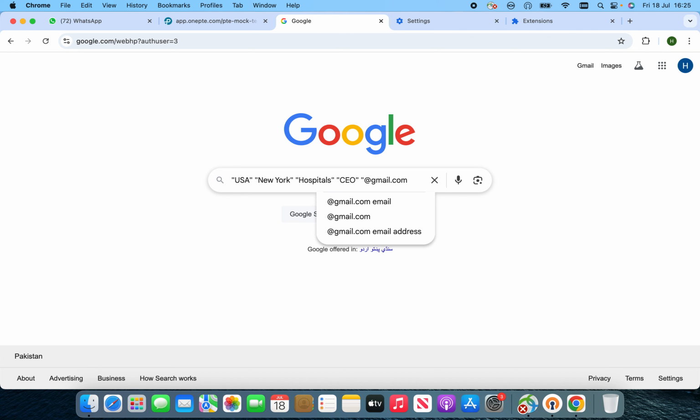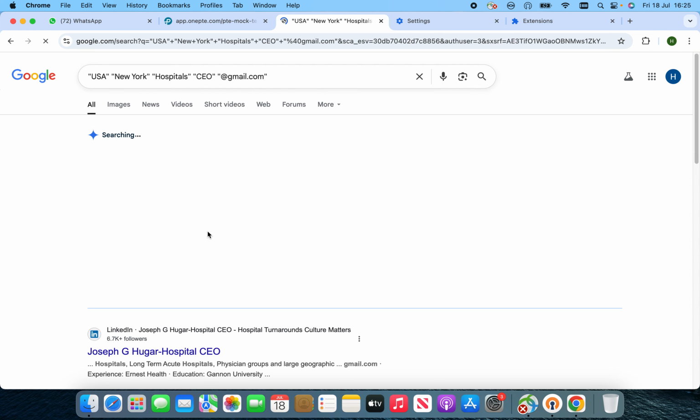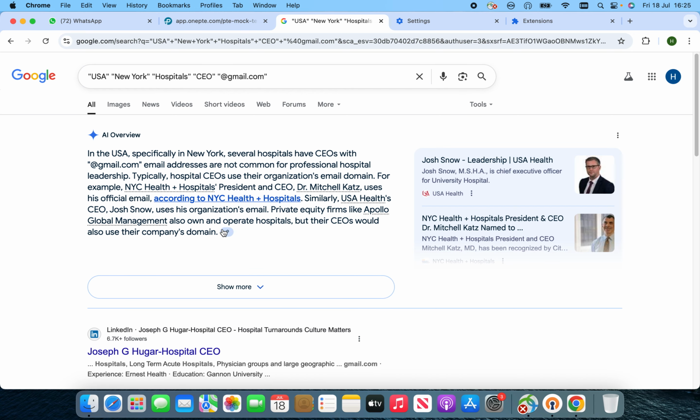It means we need tons of emails of people who are using Gmail, and those people should be CEOs of medical companies. Similarly, after finding those results, you can also search for Hotmail or any company domain. You will get a lot of emails. It means on a single search you will get tons of emails, no problem. Then gmail.com, then hit enter. Now you can see that